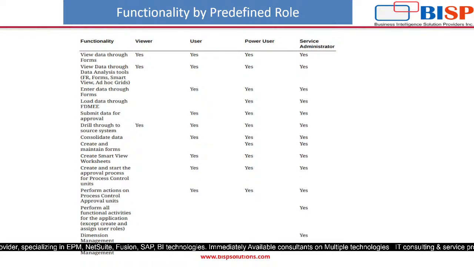So the different functions that can be performed include viewing data through forms, viewing data through data analytic tools, that is the ad hoc grid, Smart View, financial reporting forms, etc. Then entering data through forms, loading the data through data management, submitting the data for approval in the approval unit hierarchy, drill through to the source system, consolidation of the business data, that is running the consolidation rule, creation and maintenance of forms, creation of Smart View worksheets, creation and starting the approval process for the process control units, performing actions on process control approval units, performing all the functional activities for the application except creating and assigning user roles,